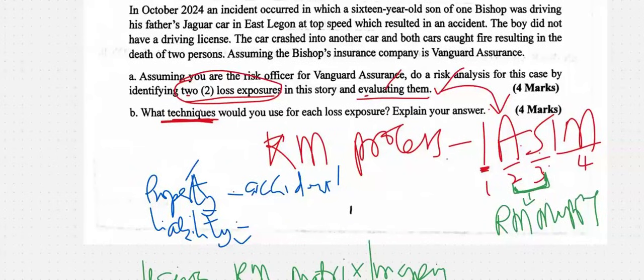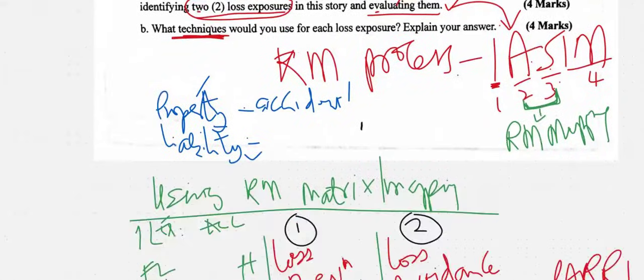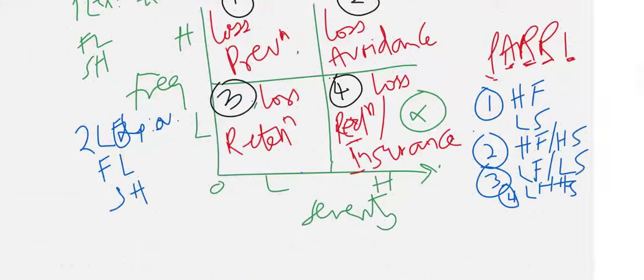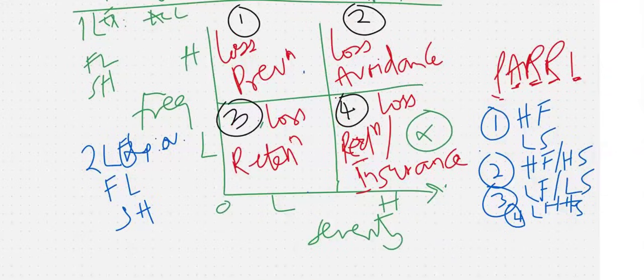Now, he said you should analyze them. You use the evaluation. Now, the second is what techniques. They are talking about the S, the third stage. Explain your answer. So let's go. So looking at this, you are solving the B. Looking at this, where all the two loss exposures happen to find their way under